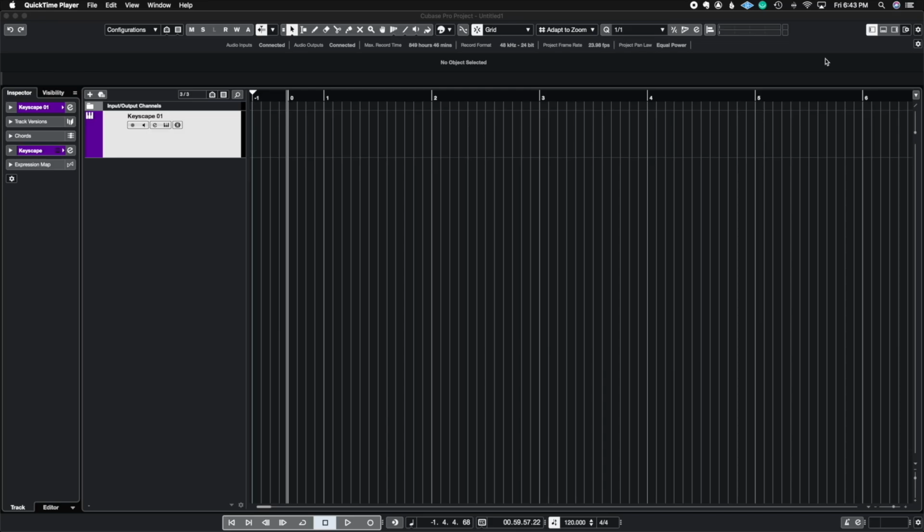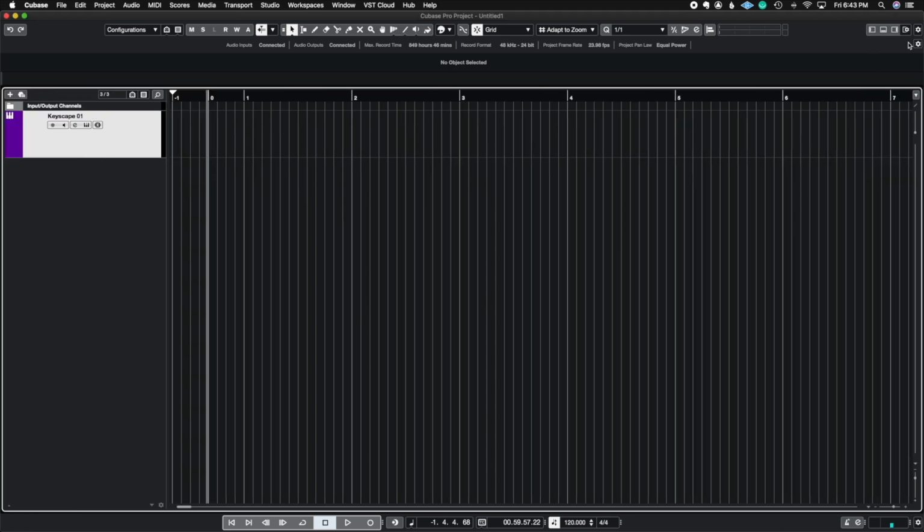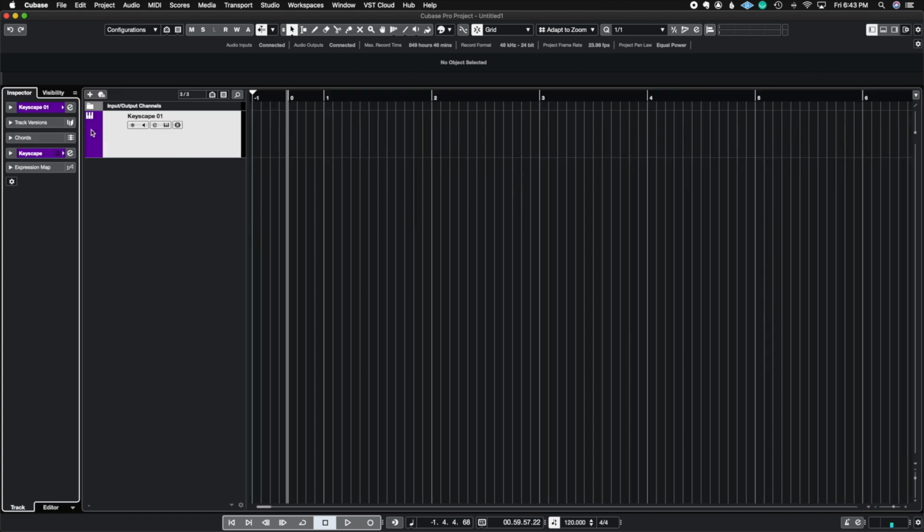In this section, we are going to be talking about the right and left zones inside of Cubase. The first thing we're going to do is open up the left zone in Cubase, by pressing this top right corner, this left one right here, and it's going to open up the left zone. We're going to have two sections here, the inspector and the visibility, which will be your best friends throughout